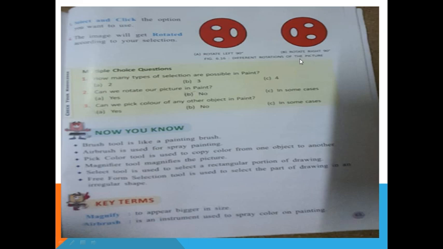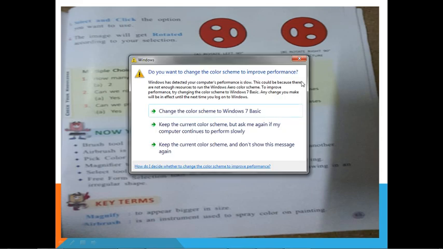You know, rectangular means when you select it, the shape is rectangle. Freeform selection tool is used to select the part of drawing in an irregular area. If some part you don't like, before it was an apple, that one you just select and remove that part. So that's why it is called irregular area or shape.